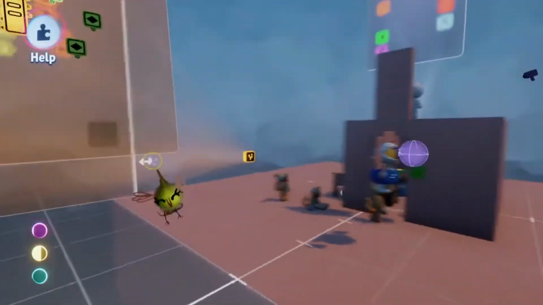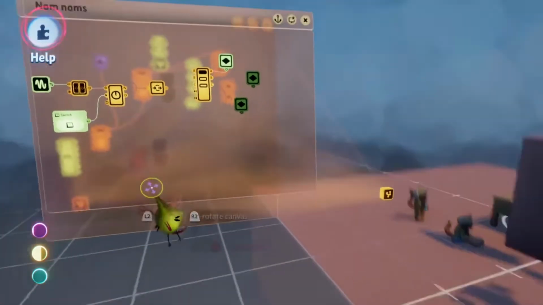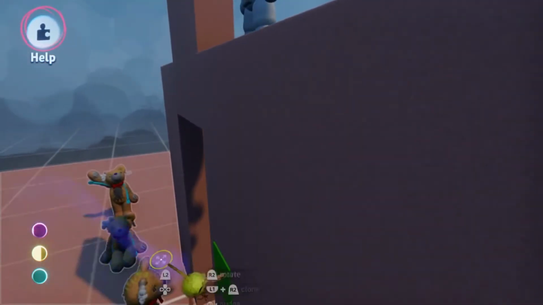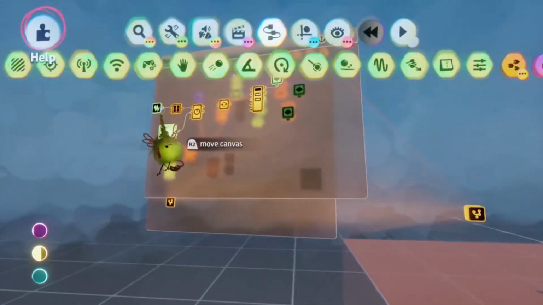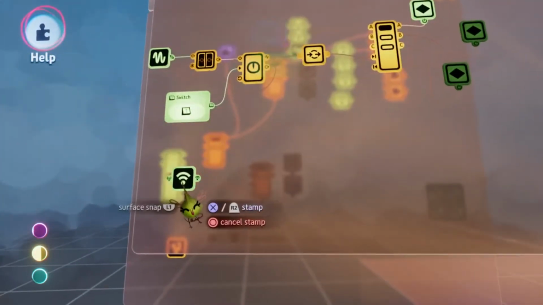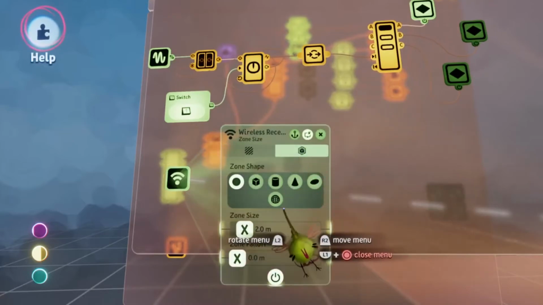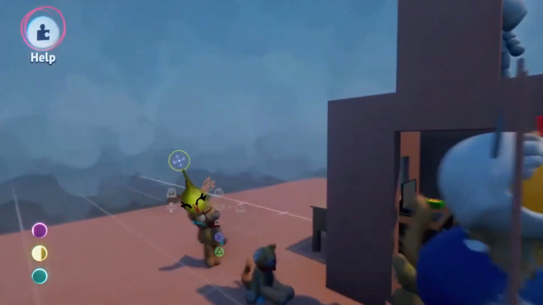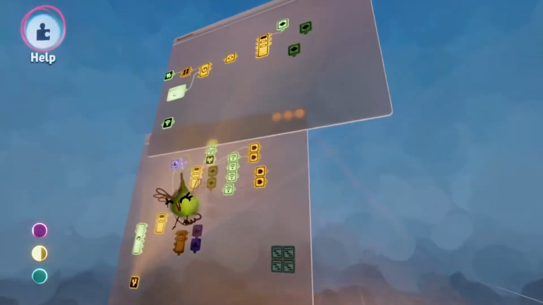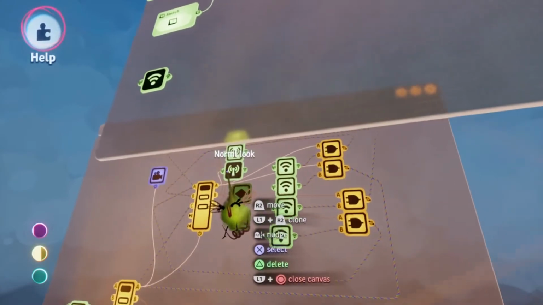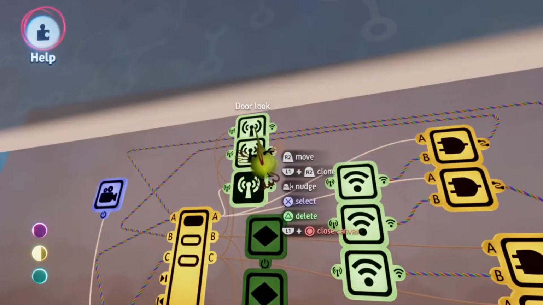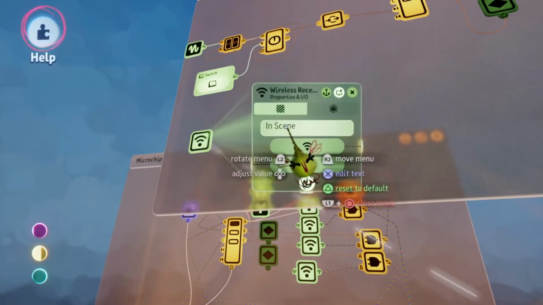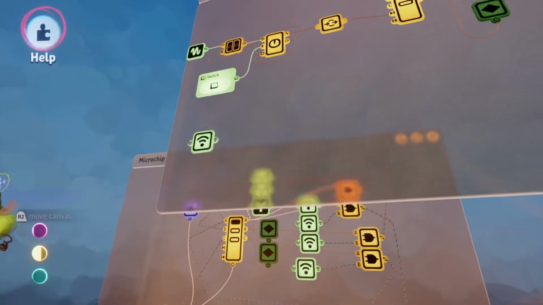Right. So we're gonna say if the player is looking at the door, or if the player is on the cameras, pause the time. So what we're gonna do is take a wireless receiver, make sure it sees the entire scene, and I have something called, there it is, the look. I can look for door look. If door look is on,